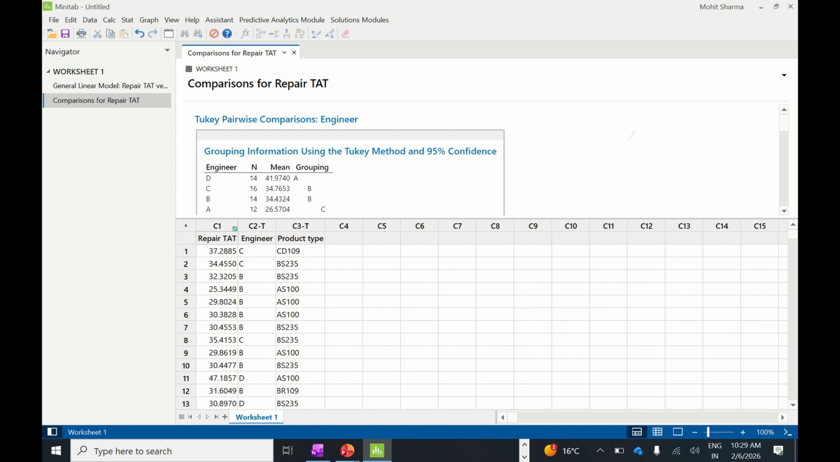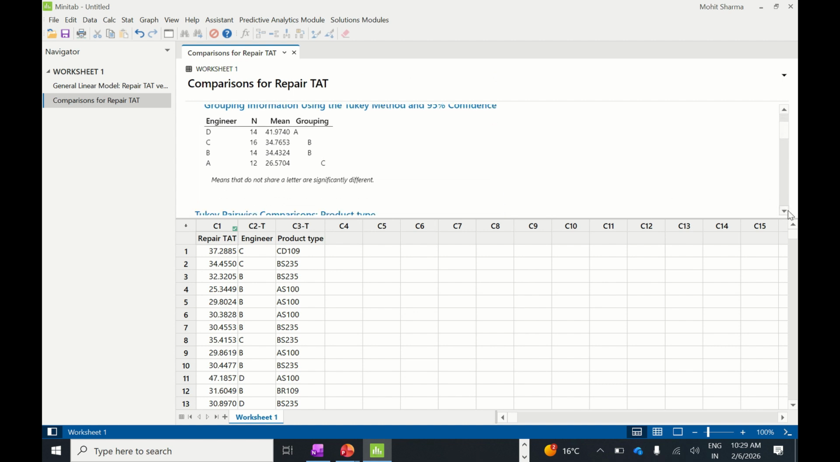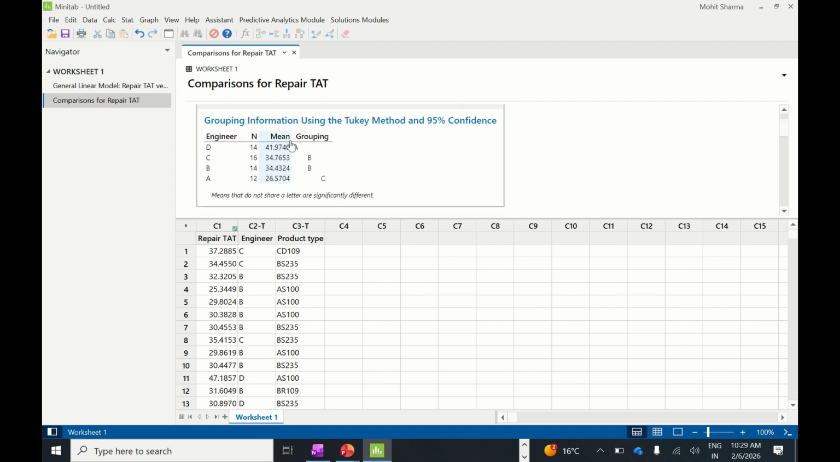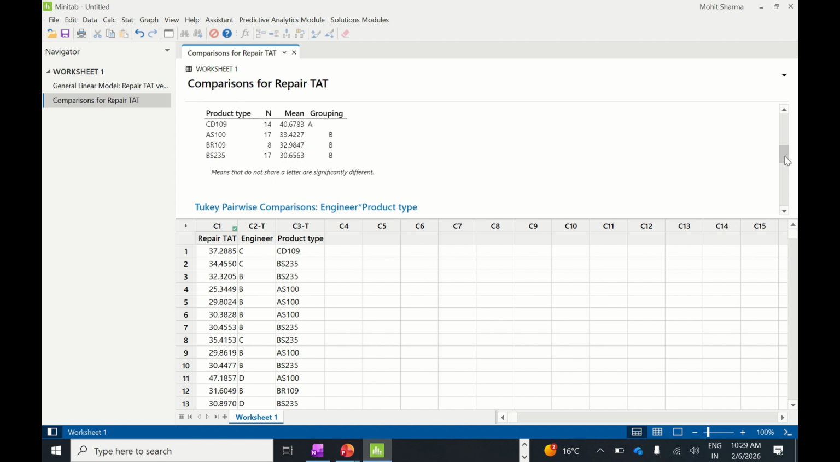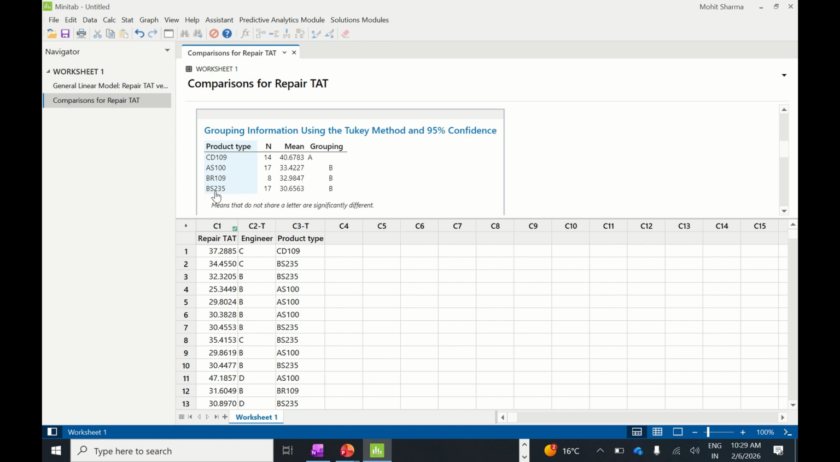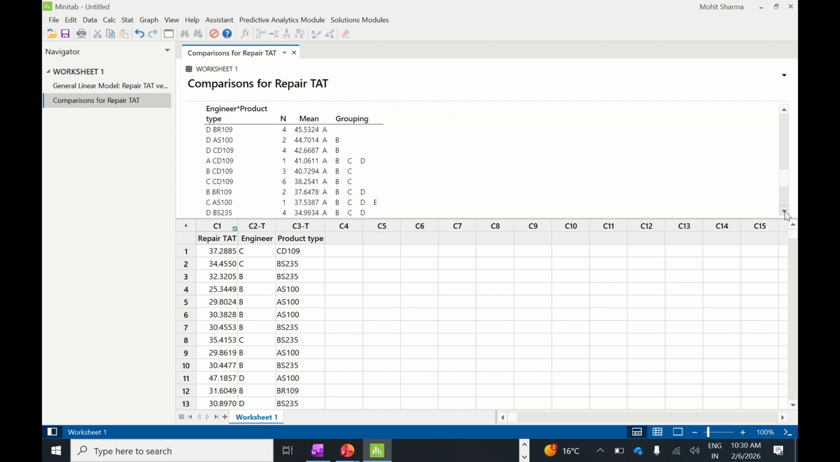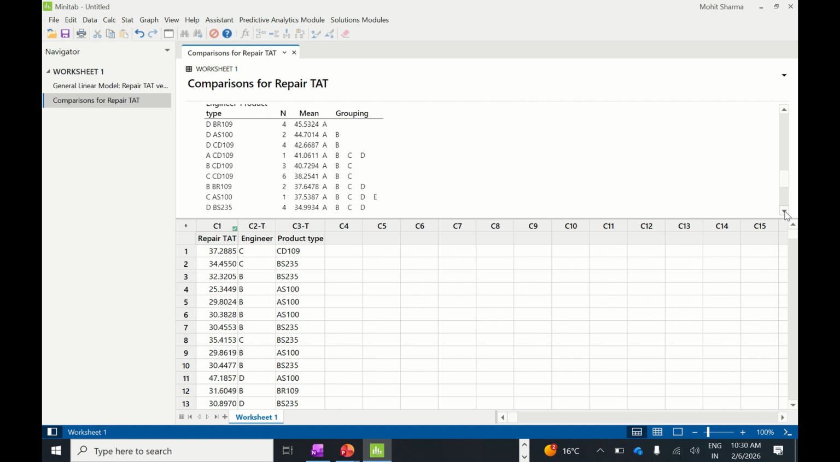Now you can look at the session window here. In this session window, the first box indicates the comparison of engineer with the time, which is repair turnaround time, which is saying that engineer A is taking the least amount of time. Then you can look at the second box, product type. Product type BS235 overall is taking the least amount of turnaround time. But now if you go down, it will show the interaction impact, which is the interaction impact of the product type and the